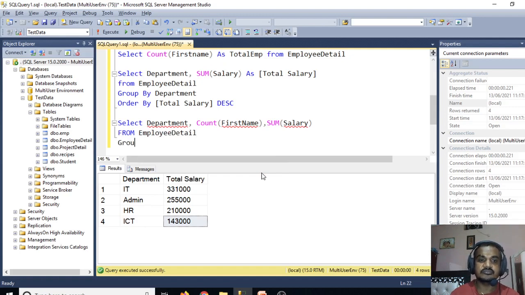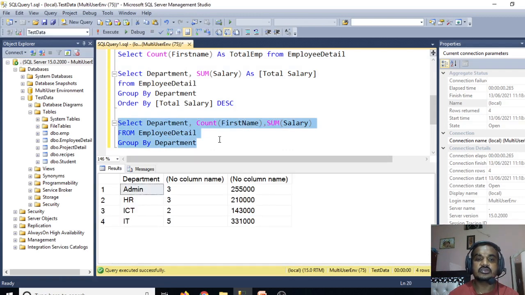Group by department. Okay, so let's see what it prints. Here you can see the department and number of employees.